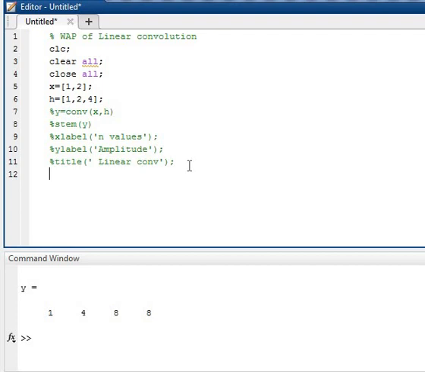Now I will tell you by the help of code. First of all, I will take the length of the first sequence.